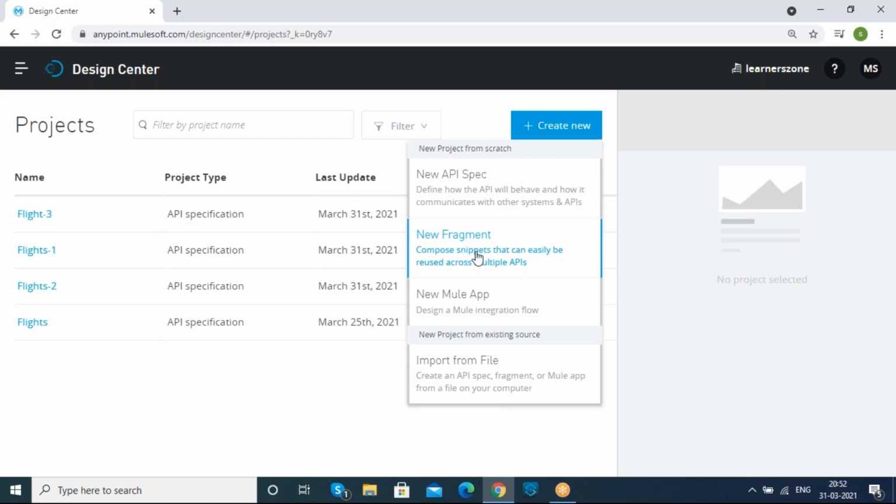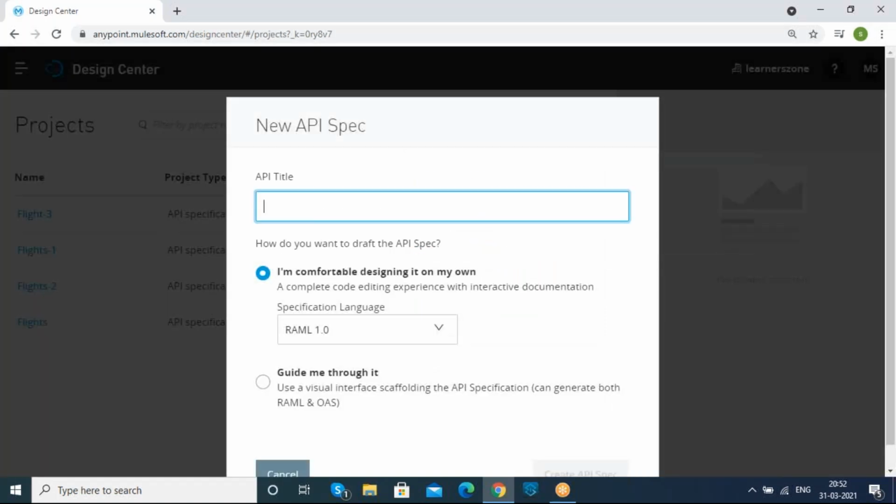And here, in order to design an API, we are moving to the new API spec at the starting point. In order to design the RESTful services, I am going for it.